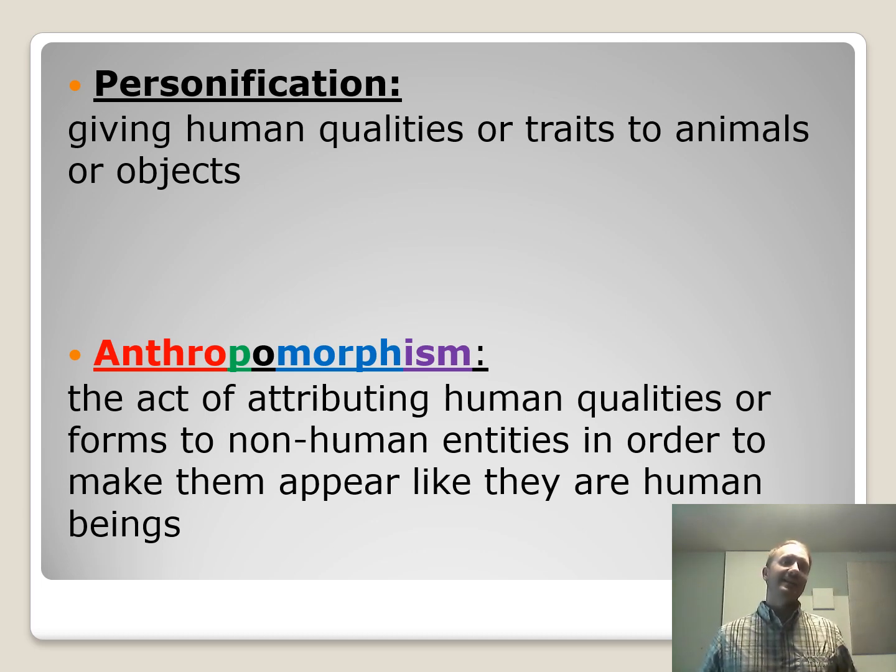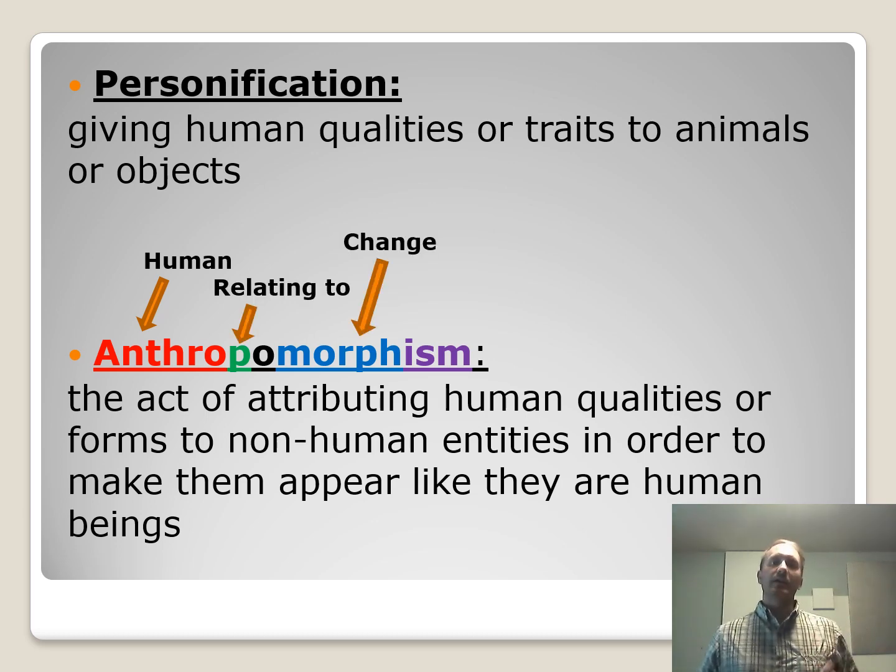So when we talk about entities, at least in the sense of anthropomorphism, we're talking about things or beings that have self-awareness. So if we break this word apart, looking at the Greek and Latin roots, you see anthro is human, p or po relating to, morph is change, and we know this from all sorts of words with that morph root word in them. And then ism, the practice of. So very literally, anthropomorphism means the practice of relating human qualities to change something else.